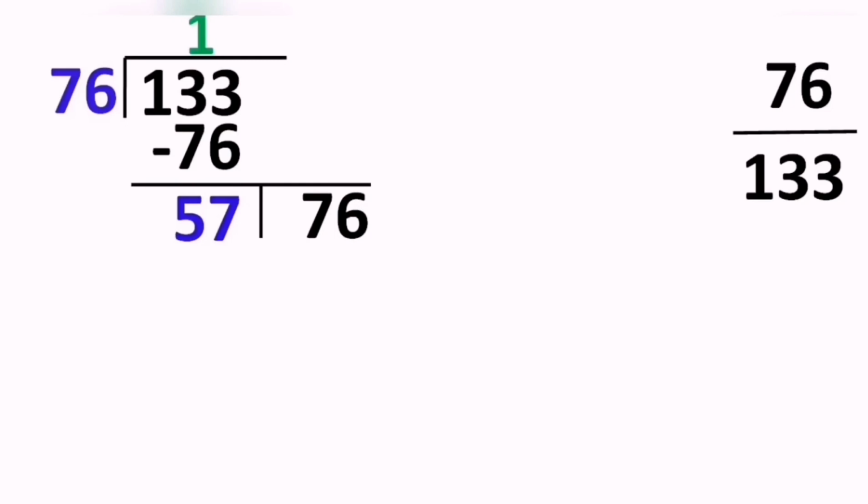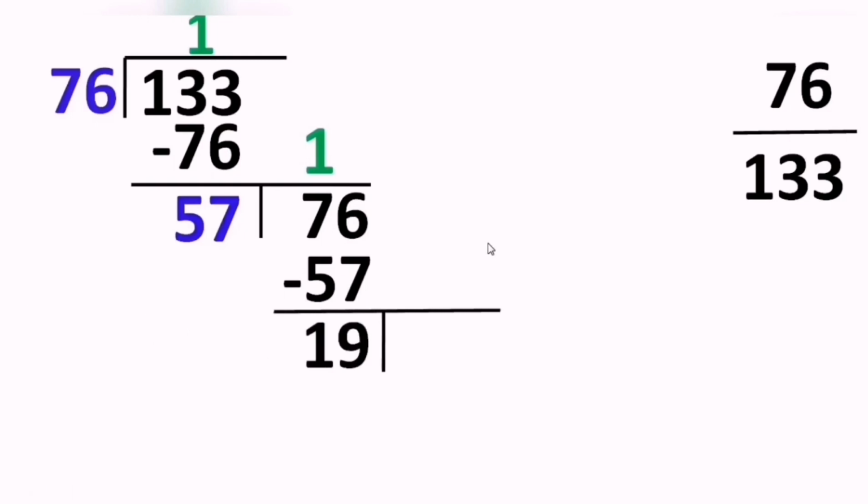Next layer actually. Now in the table of 57, do we get 76 or do we have any nearest number to it? Any idea? Yes, of course we are going to take 1 za again. Most of the time we are getting the answers 1 za, 2 za only, most of the time, not every time. The moment you do the subtraction the way we do in division, I'm left with 19. Now this 19 will be acting as the divisor, and the 57 will be taken as the dividend. Always keep it in mind, the previous divisor is taken as the dividend. So the previous divisor is 57, so it will be taken as a